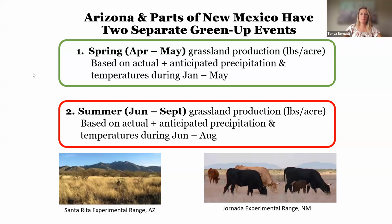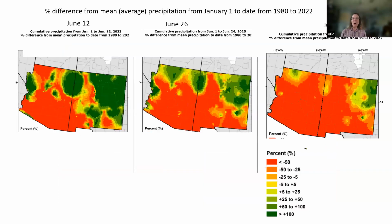Julie, how have the summer growing season conditions been so far in the Southwest? In a word, Tanya, terrible. Nearly all of Arizona and three-quarters of New Mexico have seen less than 50% of the 1980 to 2022 precipitation since June 1st. There are two areas of exception, shown here in bright green, Northwest Arizona and Northeast